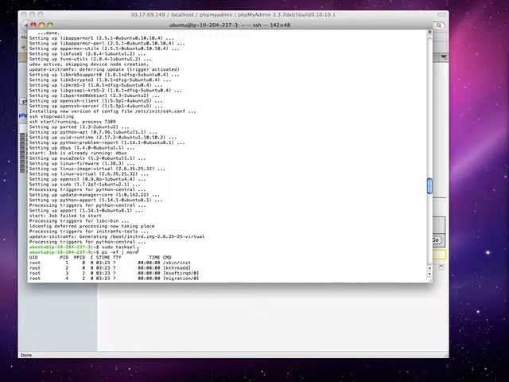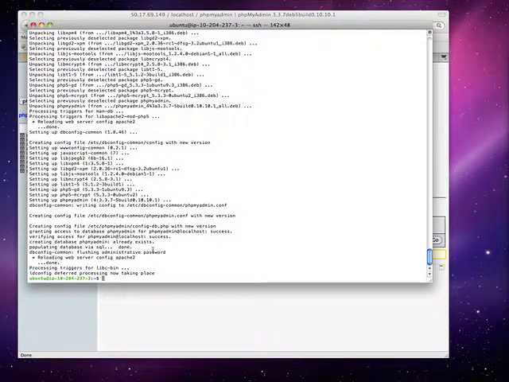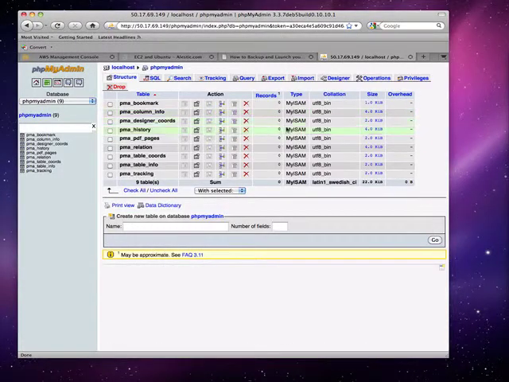So this command installed LAMP. Okay. Have you recorded the screen of this? Yes, I will be putting it up.